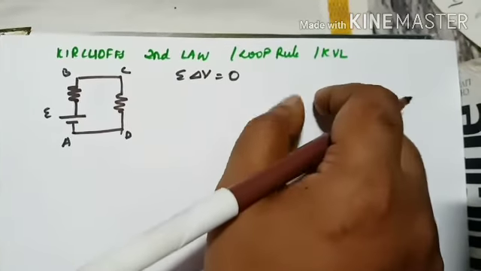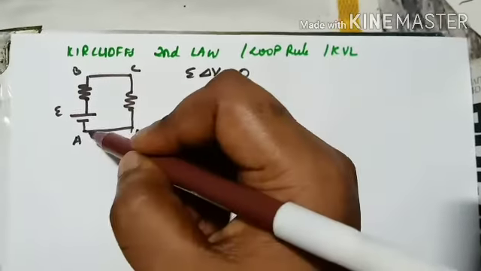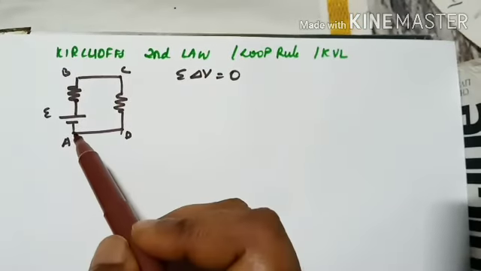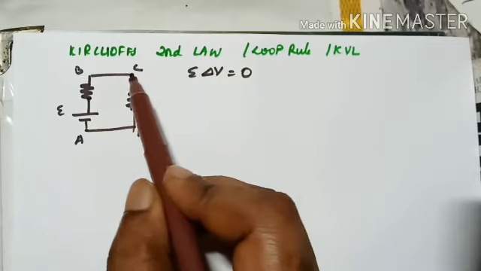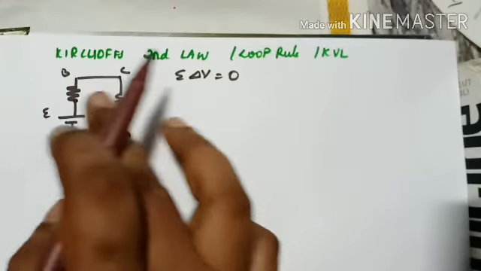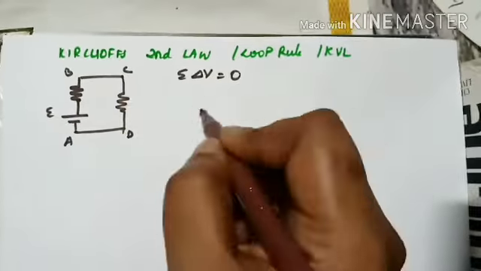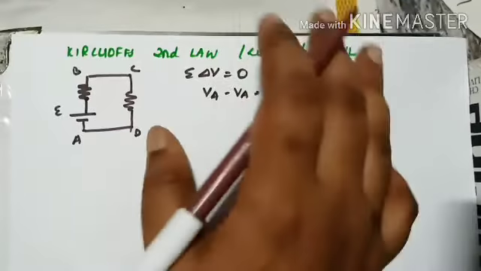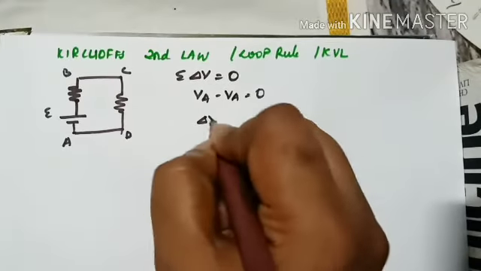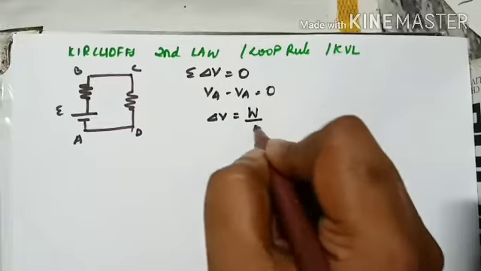Whenever you consider a closed loop, why? See, when you move from A, you go like this, then you move to C, then D, and you come back to A itself, right? When you're moving from A to A, what is the potential difference? It is VA minus VA. And what is VA minus VA? Zero, right? So there is no potential difference. Now we'll say it in a little more detailed way. What is the basic potential difference equation in terms of work? It is work by charge.